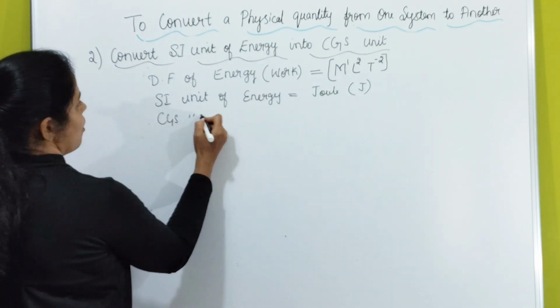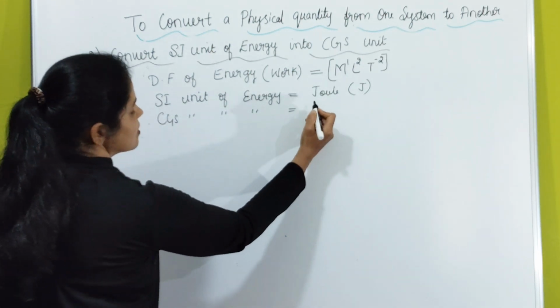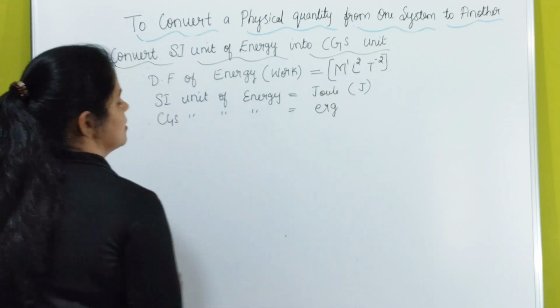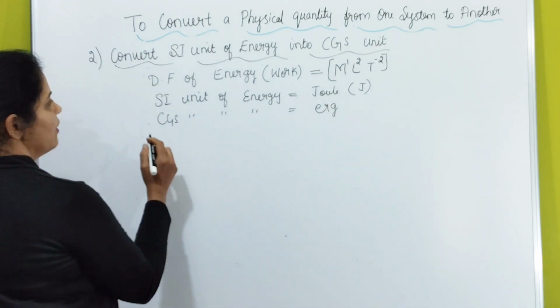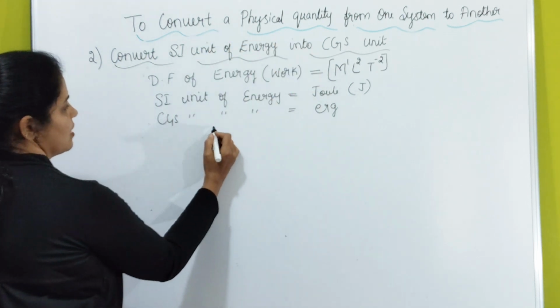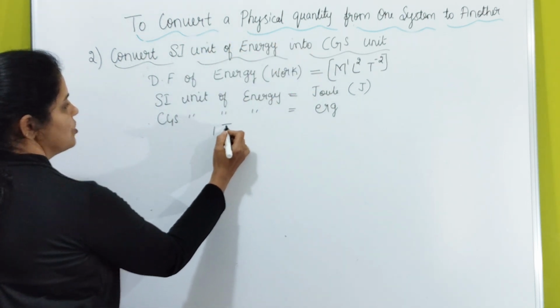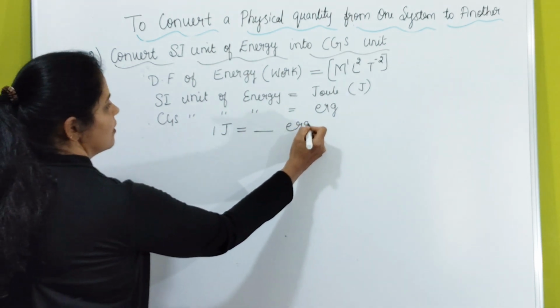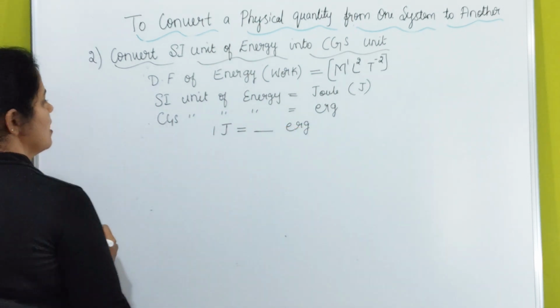The CGS unit of energy is erg. Now we need to convert the SI unit of energy into the CGS unit. In SI, let us write 1 joule, that is equal to how many erg? N2 is unknown for us. As I mentioned,